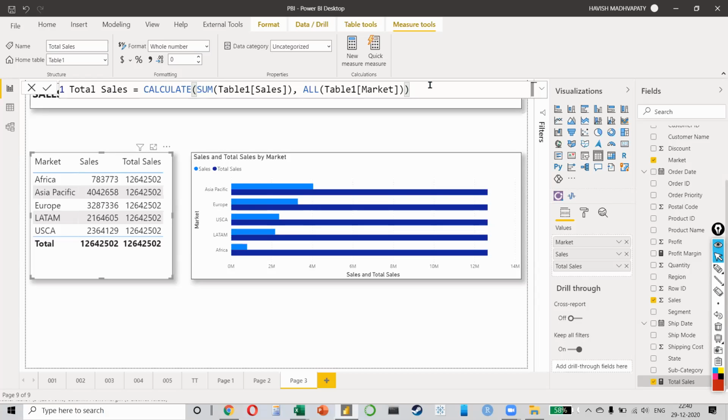Any other questions, anyone on this? See, these are the building blocks of DAX. DAX is a very advanced language. It can do amazing things. Some of these things we'll be doing in the next example, but you have to understand that learning the basics is super important. So the basic idea here is I said, find me the sales, but find me the sales for all the markets. Don't find me the sales for each market individually. And that is what it is doing here, right?